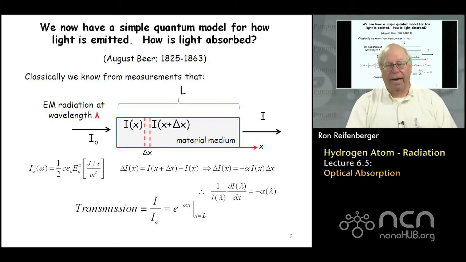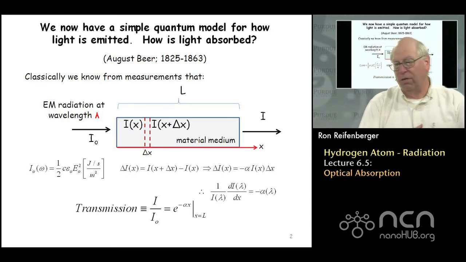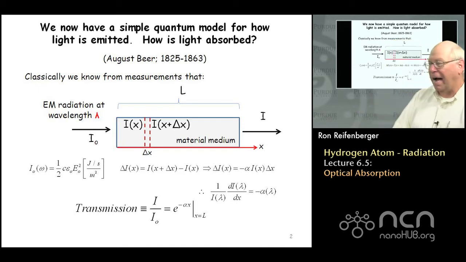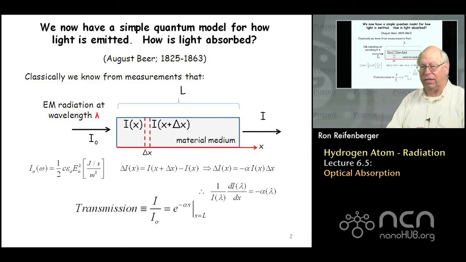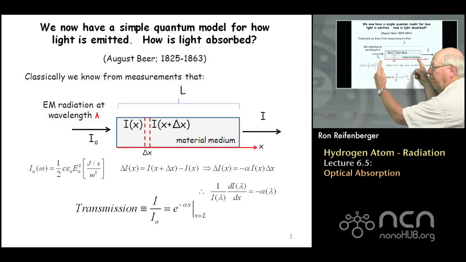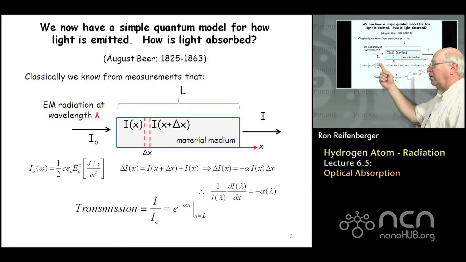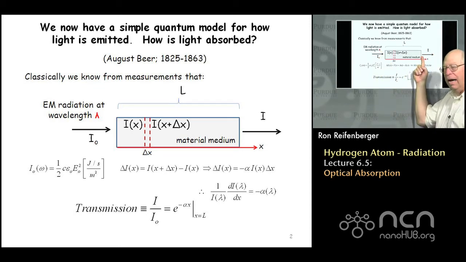I'd like to begin with a classical discussion of absorption of light. The problem is an old problem. It was solved back in the 1860s, actually, by August Beer. He gets credit. If you have a chunk of material of length L, and you pass light with intensity I naught at some wavelength lambda through this material, and you simply ask the question, how much light comes out the other end, then you can show by very simple arguments that you can define a transmission